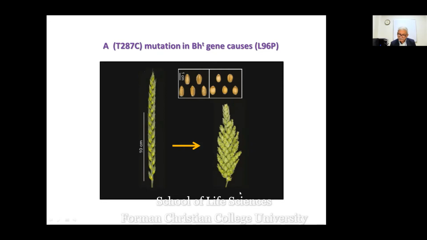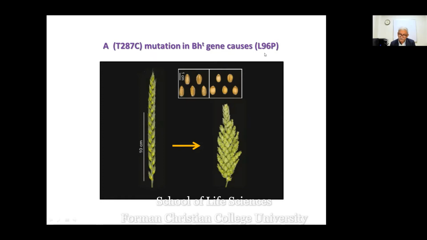And this panicle contains much more number of wheat seeds as compared to this one. Okay. So if we want a revolution in the production of wheat, then we should move from here to here, because the system naturally exists due to this mutation in the tetraploid wheat,